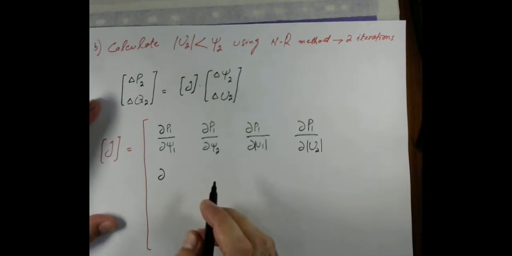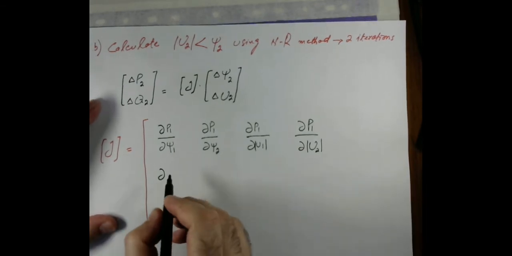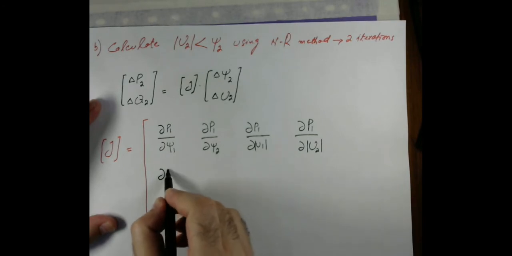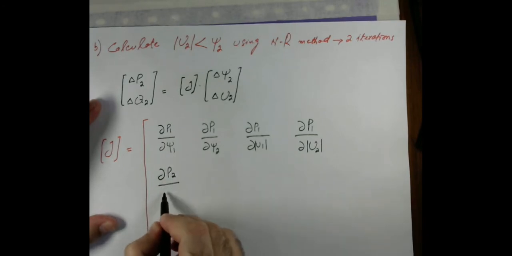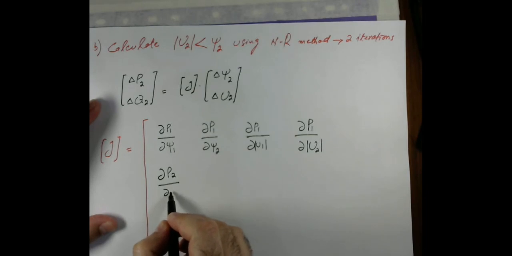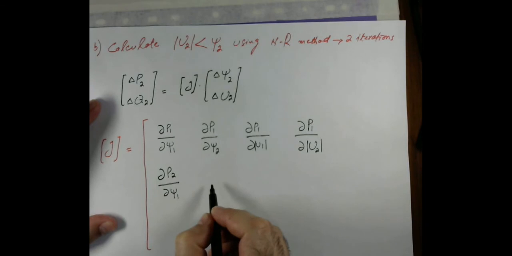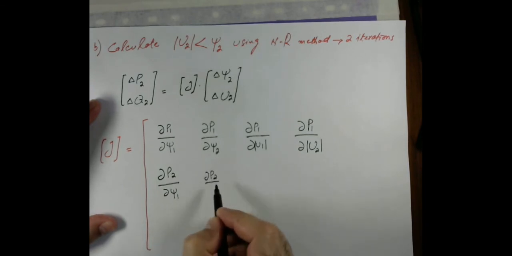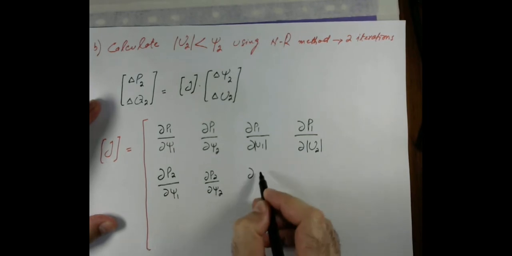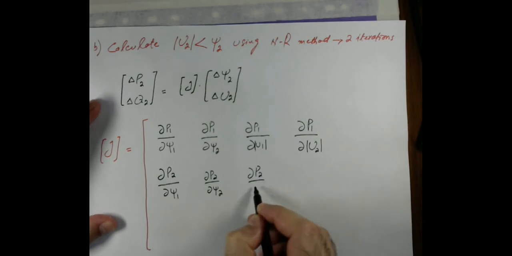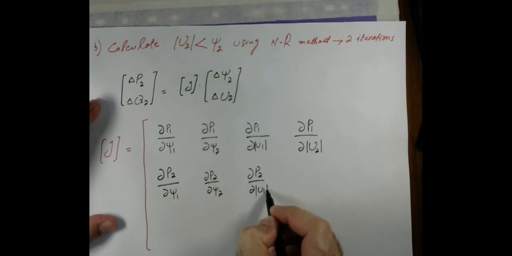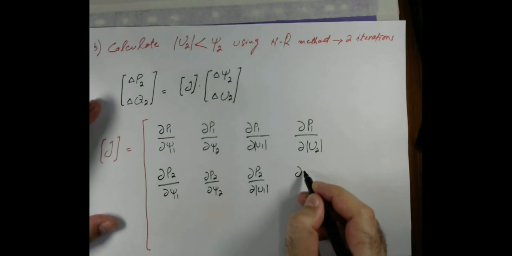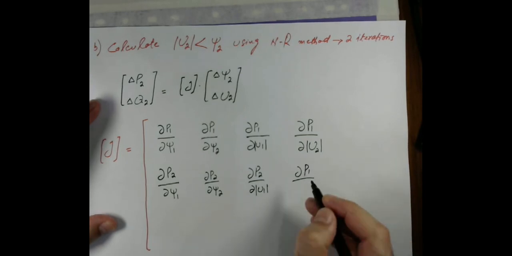That will be equal to the derivative of P2 with respect to psi 1, then P2 with respect to psi 2, then P2 with respect to U1 and P2 with respect to